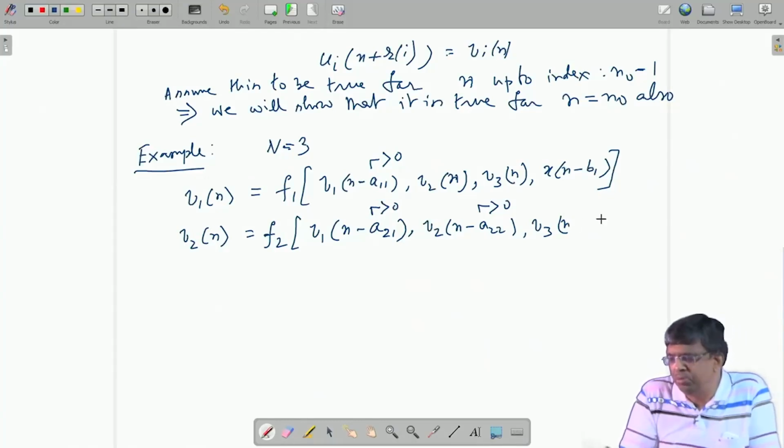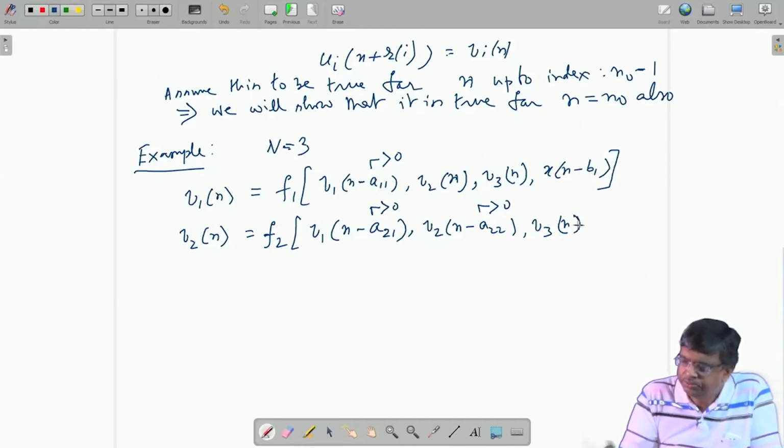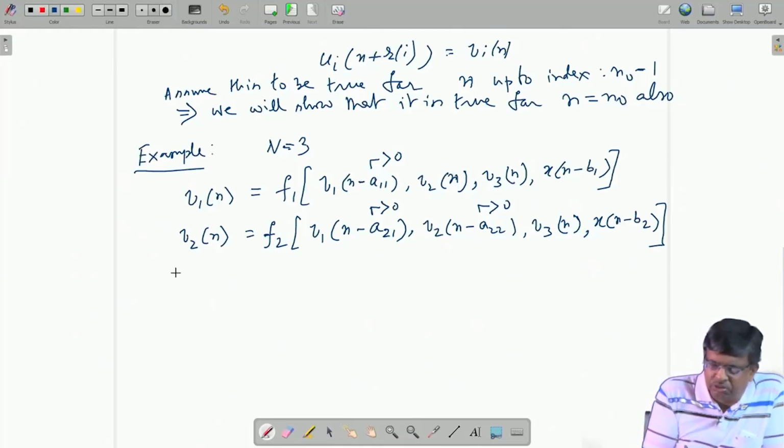If it is positive, I am done, because then V2n will depend on past output of node 3. But let me take the case where it is actually n only, no delay. And then x n minus some delay V2, which I do not care whether it is positive or 0. And last one V3n,